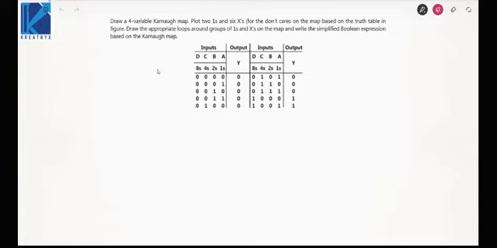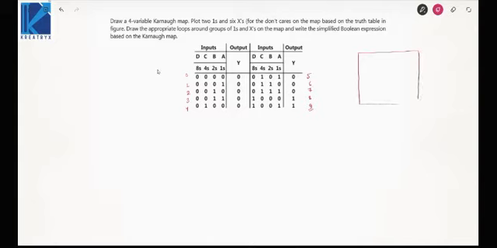Next problem. Draw a 4 variable K-map, plot 2 ones and 6 X for the don't cares on the map based on the truth table. Draw appropriate loops on groups of 1s and X's and write the simplified Boolean expression. So how many combinations are we given? We are given 0, 1, 2, 3, 4, 5, 6, 7, 8, 9. That means we are given the output for 10 combinations of input, but in 4